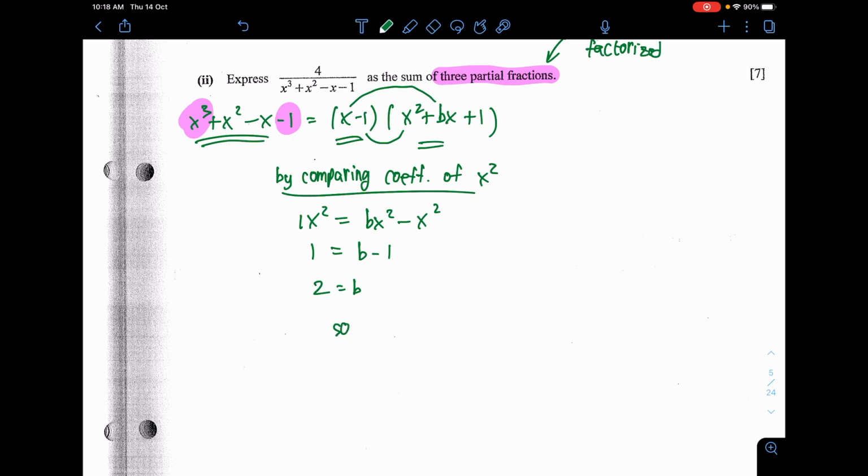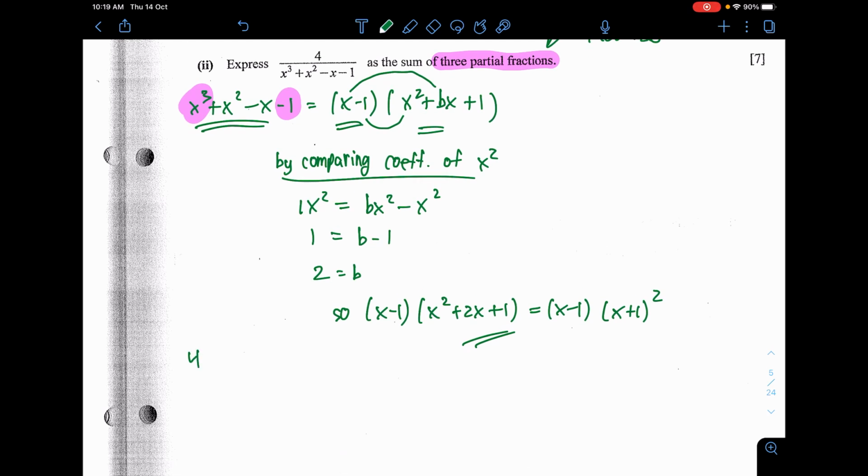So we have x minus 1 bracket, x squared plus 2x plus 1 bracket. And that's pretty much it. Okay, now we are done with the factorization. Wait, we haven't. We can actually factorize the quadratic a little bit more. This one here is quite a simple factorization. We can do cross factorization. x squared plus 2x plus 1 will become x plus 1, x plus 1, or just a square. Therefore the partial fraction that we are being asked to do is this.